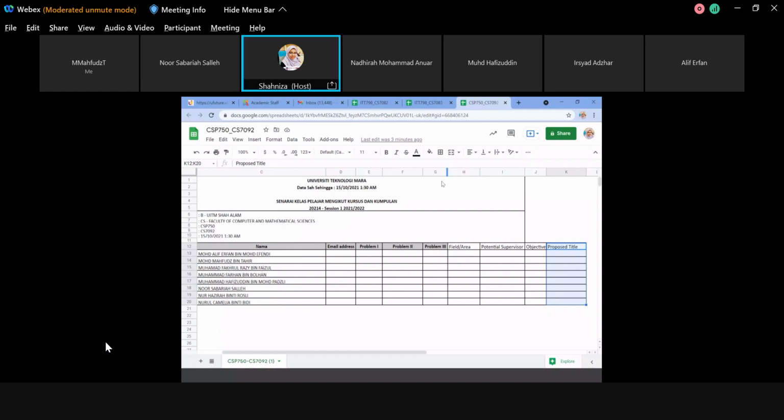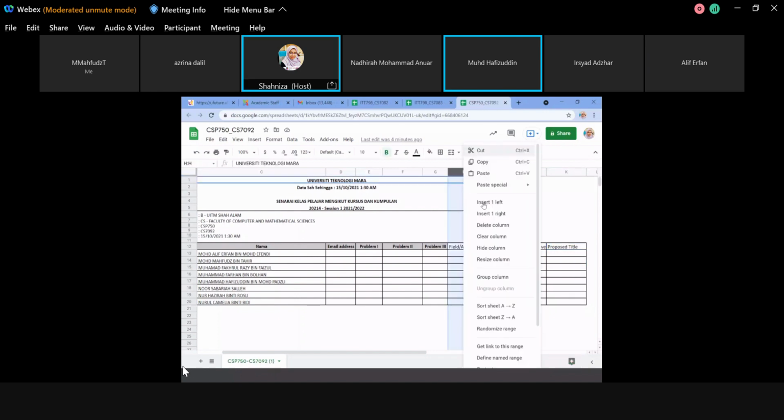Okay, ada siapa-siapa lagi nak tanya soalan? Agak-agak dah ready ke dengan potential supervisor ataupun topik field area ni? Topik tu dah ada, cumanya macam tak kenal lecturer lah sangat. Saya pula potential SV tu dah ada, tapi nak kena kemaskan sikit lah ni. Yang sem lepas punya dah buat.